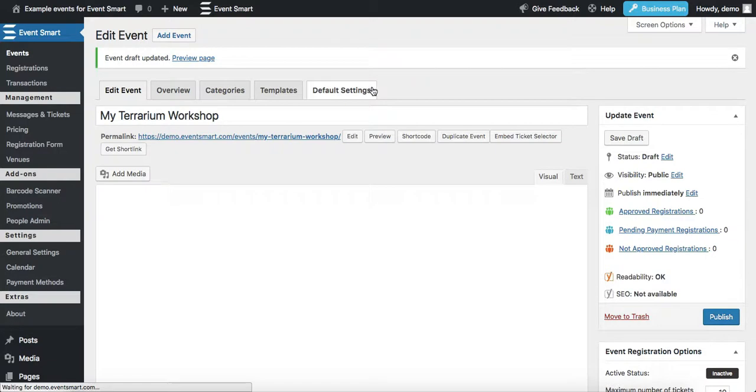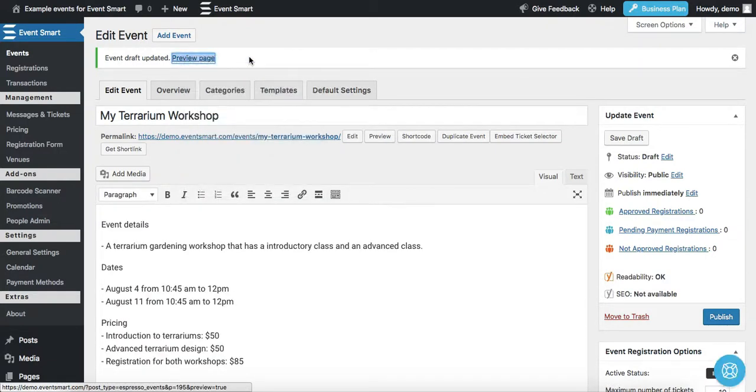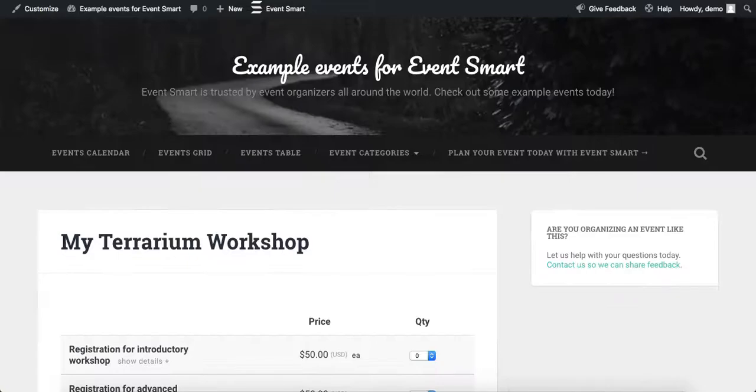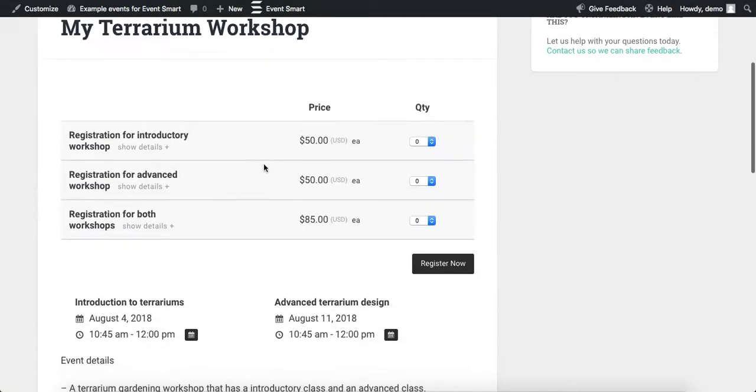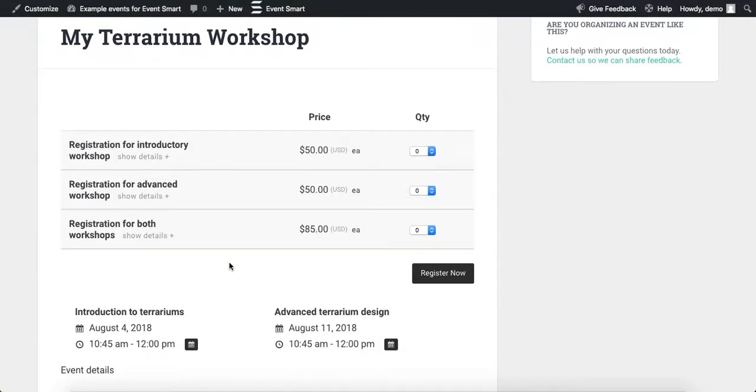and then we can follow this link on the front end to take a look at what this looks like. So here is the event here. And again, what we have is the introductory class or workshop, then we have the advanced workshop, and then we also have an option that grants access to both. So for example, if someone was to select a registration for this one, they'll be enrolled in both the introductory